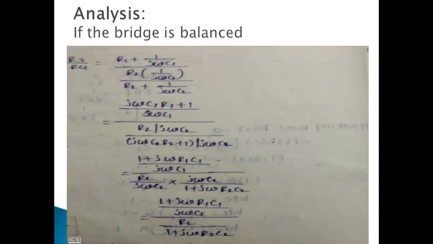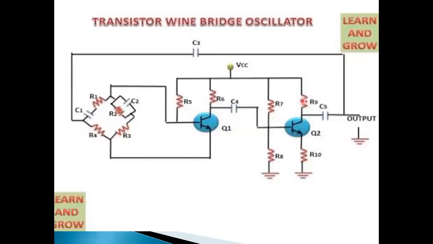Okay. So for the Wien-Bridge oscillator, what is that frequency? We have to find the value, and next we have to find the beta value, that is the feedback network gain also. By the value of beta we can also say the value of A, that is the basic amplifier gain. And if the condition is satisfied, that is the Barkhausen criteria, then we can get the output. Okay, so this is about the Wien-Bridge oscillator.